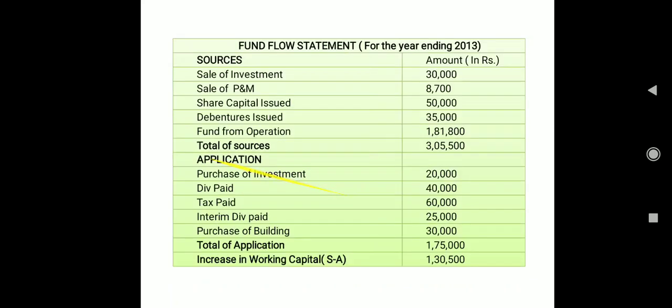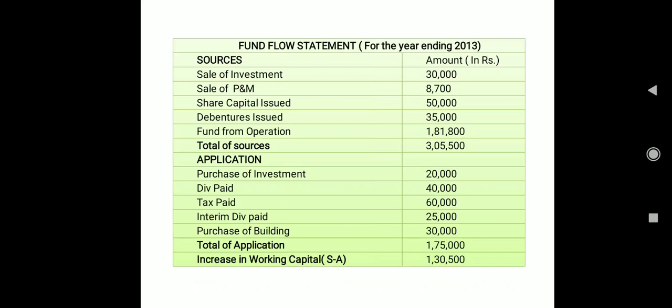Clear? Now finally we will prepare fund flow statement for the year ending 2013. Okay, so 2013, and as I hope now you know very well, under your fund flow statement, two main heading, one is source and another is your application. Okay, so first we will work out with the sources, from where you are getting fund inside. Okay, application, from where and for which your fund is going outside.